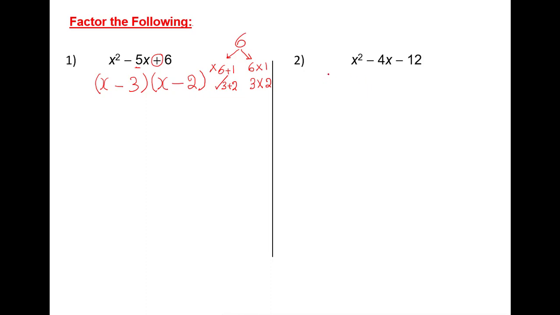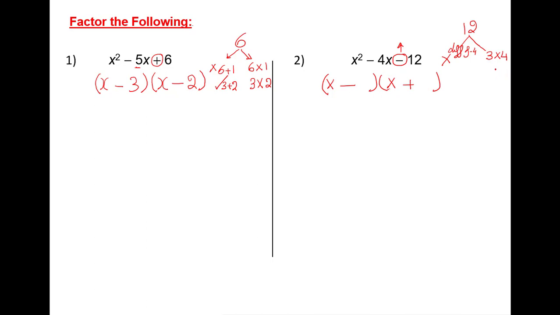Here, I'm going to divide 2 brackets, put the x and x. Here I find that I have a negative sign. A negative sign means one of the brackets has a negative, like the middle, and the other has a positive. Okay, now I'm going to look at the 12. 2 numbers that give me a product of 12 and that give me a difference of negative 4. Now we'll begin by,